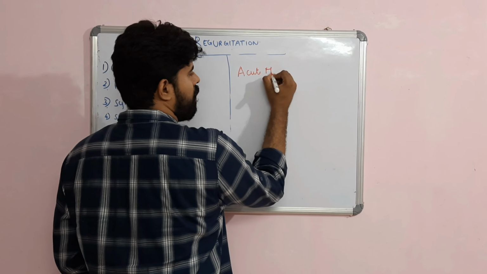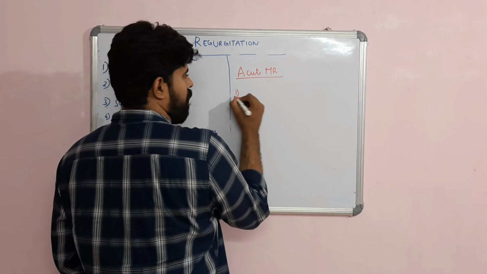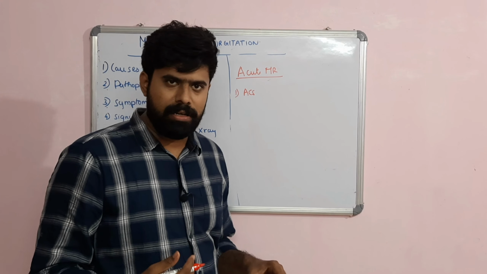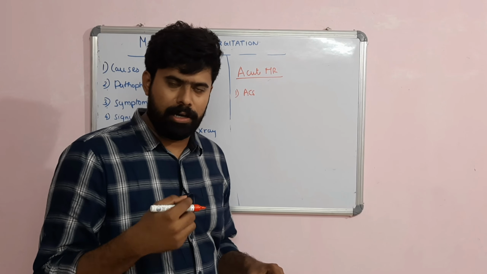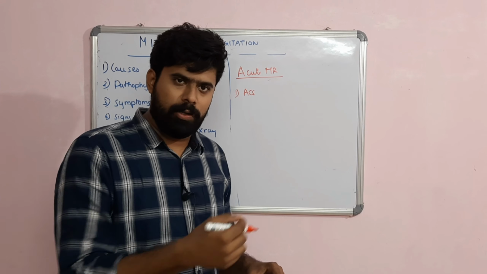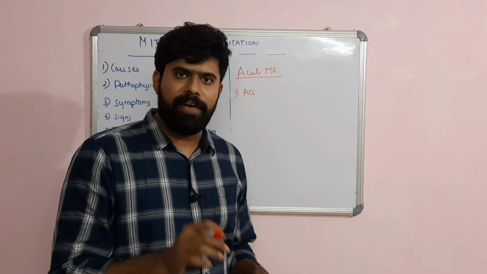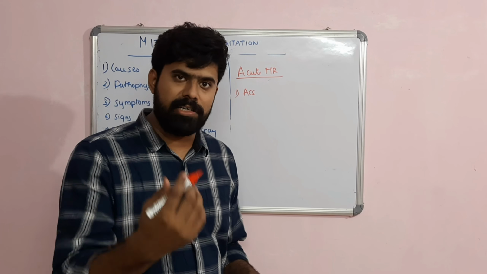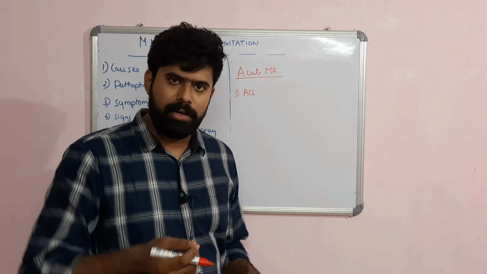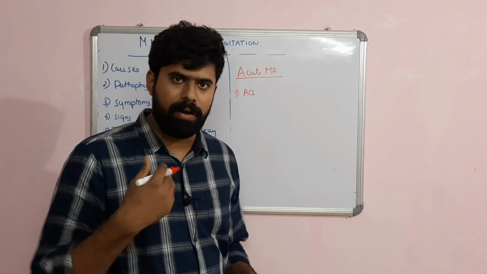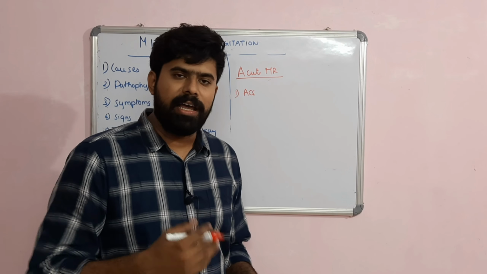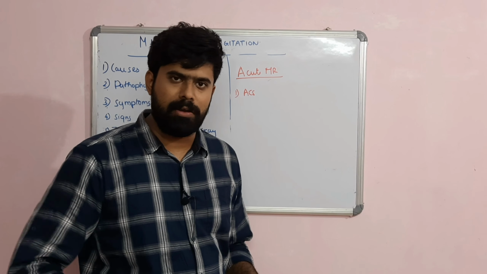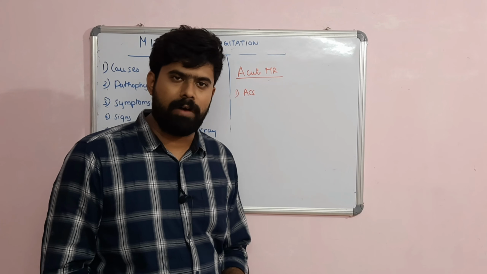Acute MR can be because of ACS. An inferior wall myocardial infarction, due to a right coronary artery occlusion, will decrease the blood supply to the posteromedial papillary muscle. The posteromedial papillary muscle has got a single blood supply, whereas the anterolateral papillary muscle has got a dual blood supply. So the posteromedial papillary muscle is more prone to infarction. When it undergoes infarction, it results in acute mitral regurgitation. With this, the patient can develop acute pulmonary edema and can have a high mortality rate.